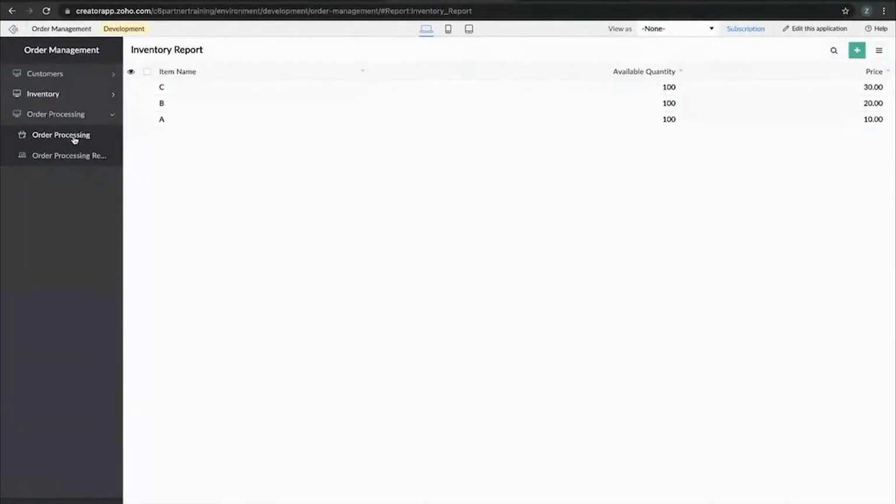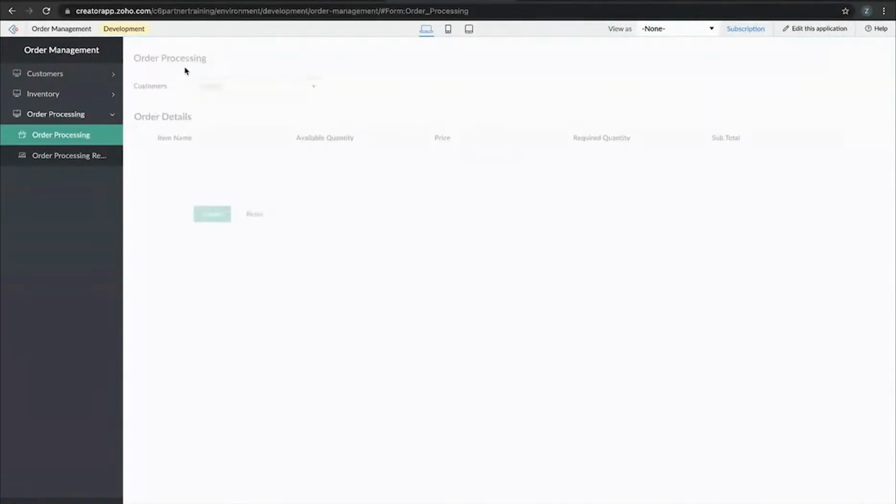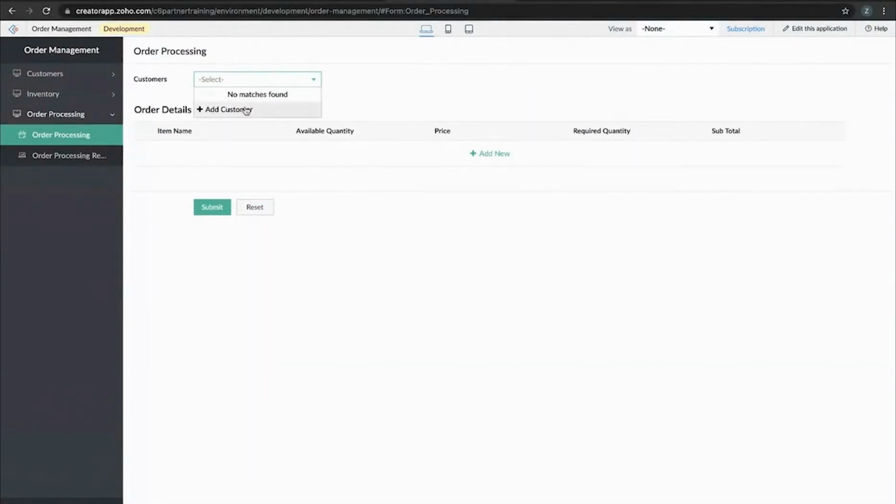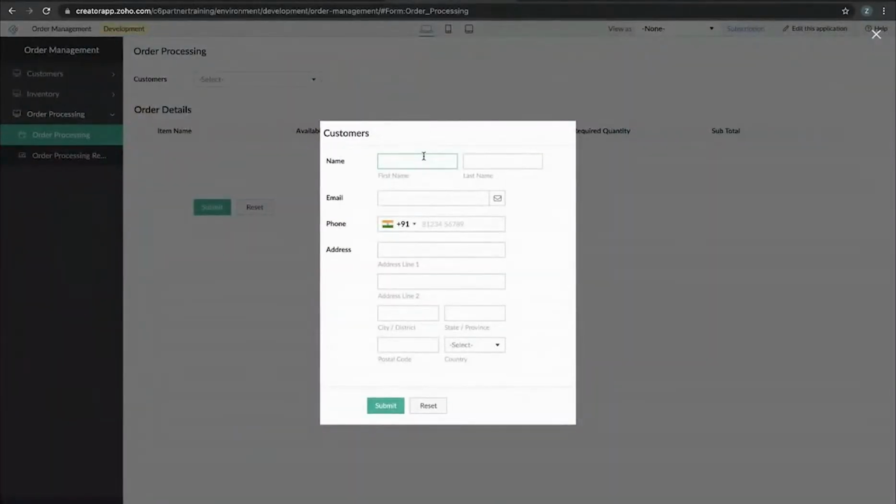So right now we have three items in our inventory, and let's go ahead and do the same with our order. Let us populate it in our order form. So let's go ahead and choose a customer. We don't have a customer. Let's add a customer here. We'll say Surendra Manoj, and email be surendra.sr@zoho.com. And the mobile number, let me give a dummy mobile number. And let the address be address 1, address 2,